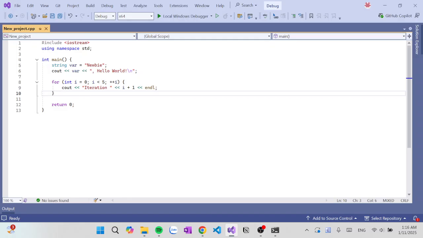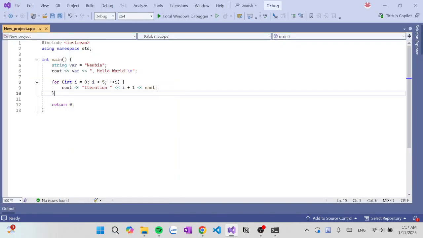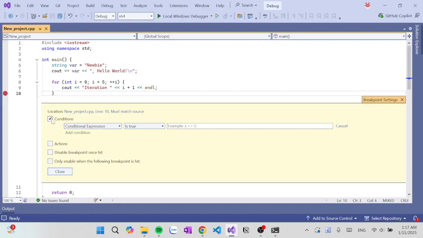The first one is the conditional breakpoint. The first way you can insert it is to right click, Breakpoint, and Insert Conditional Breakpoint. Or the second way is to create a breakpoint, then hover over it, press Settings here, and press Conditions. So what is a conditional breakpoint used for?